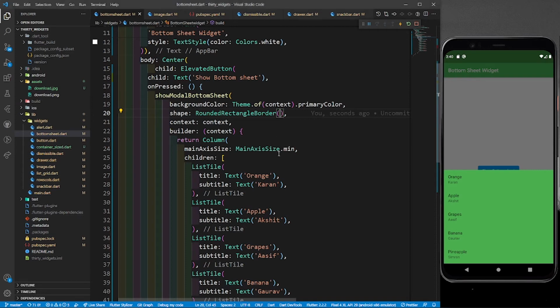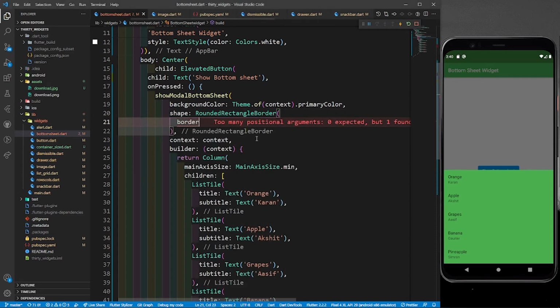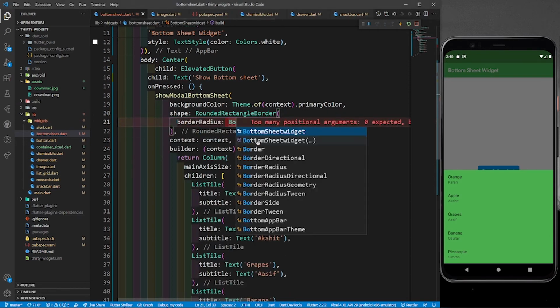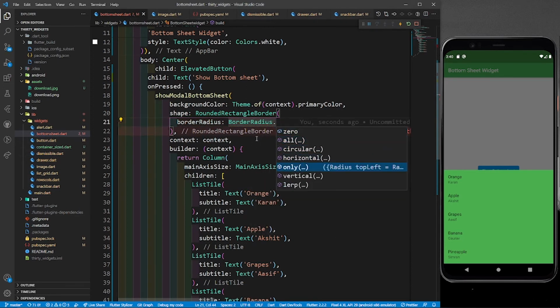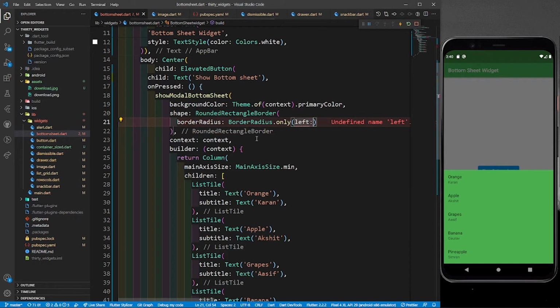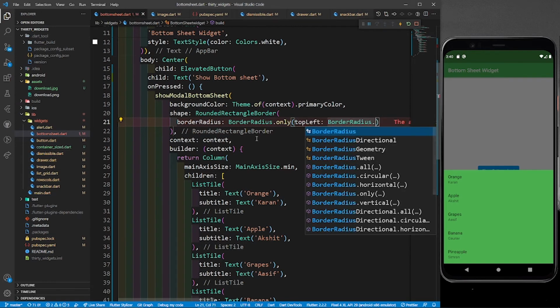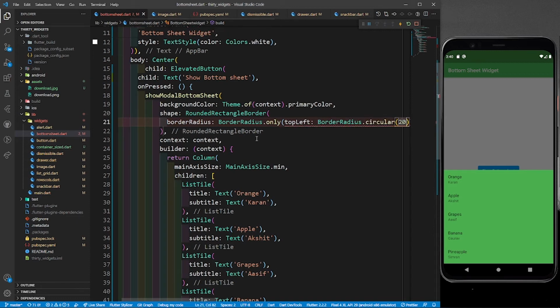So for that, you need to provide border radius dot only. In this, provide top left, and then write radius dot circular, 20. So instead of border radius dot circular, we have to write radius dot circular, right?